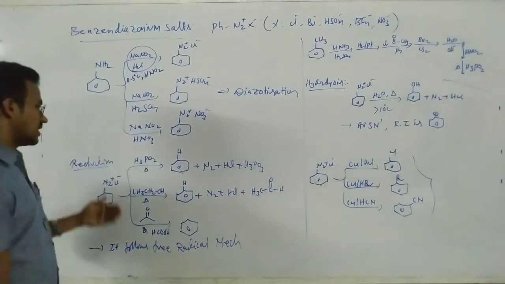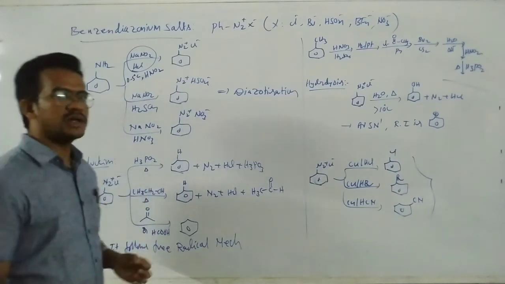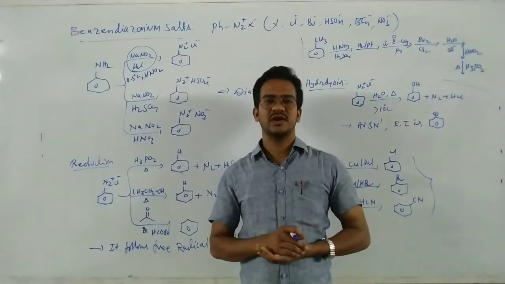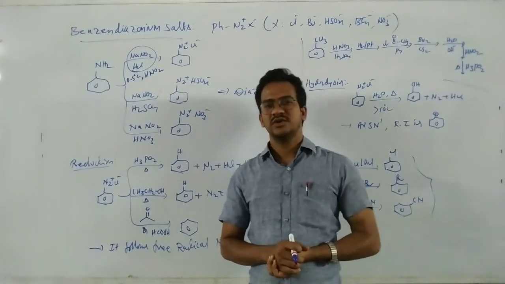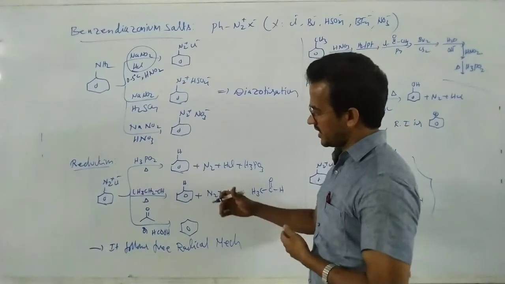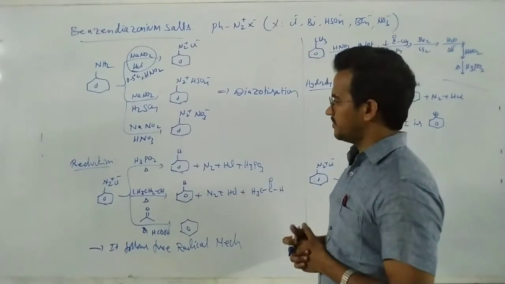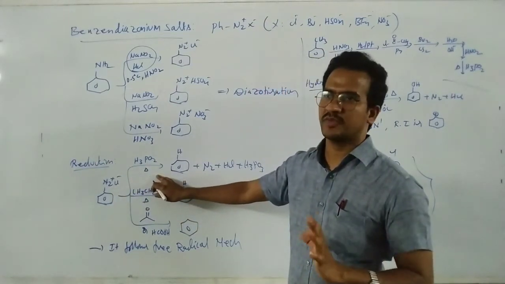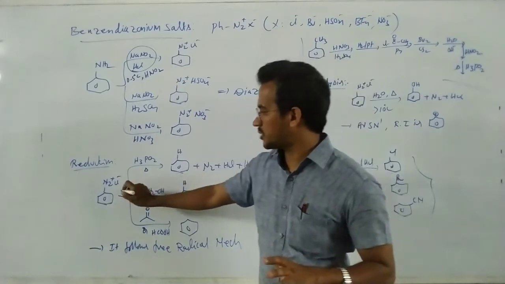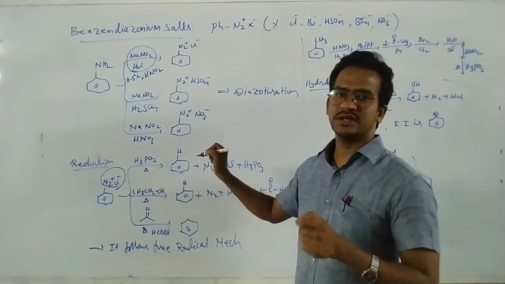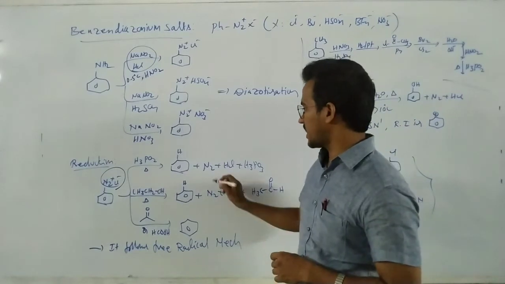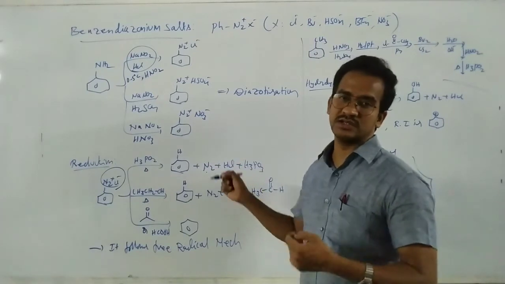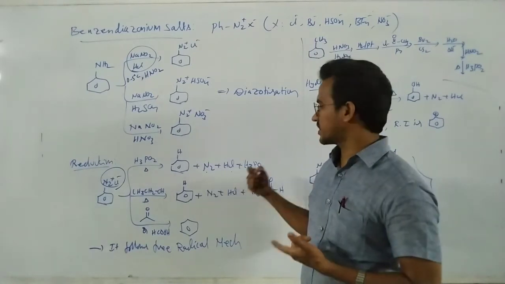Now here, chemical properties of the diazonium salt. These chemical properties were already discussed in aryl halides, the first chapter of second year organic chemistry. So that's why I am completing this briefly. This diazonium chloride on treating with H3PO2, hypophosphorous acid, we will get benzene. That means this group is replaced by H. It is a reduction reaction. Side products are N2, HCl and H3PO3. H3PO2 acts as a reducing agent, so itself is oxidized.